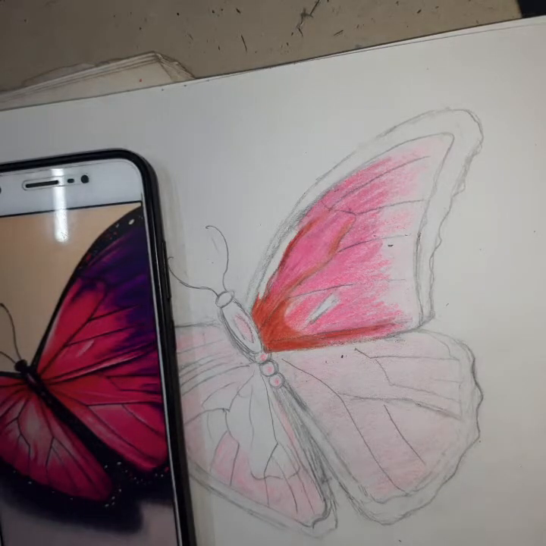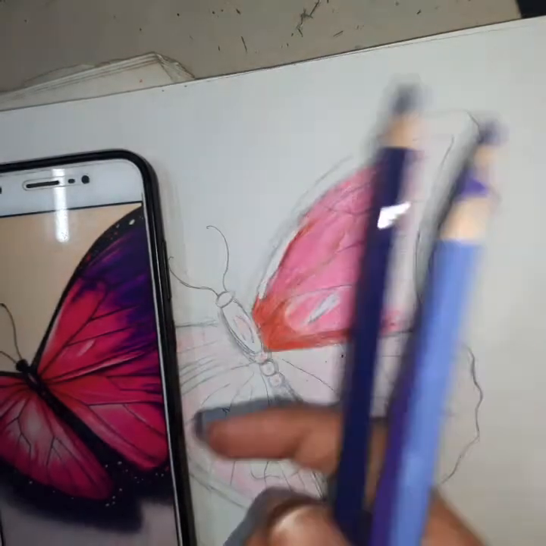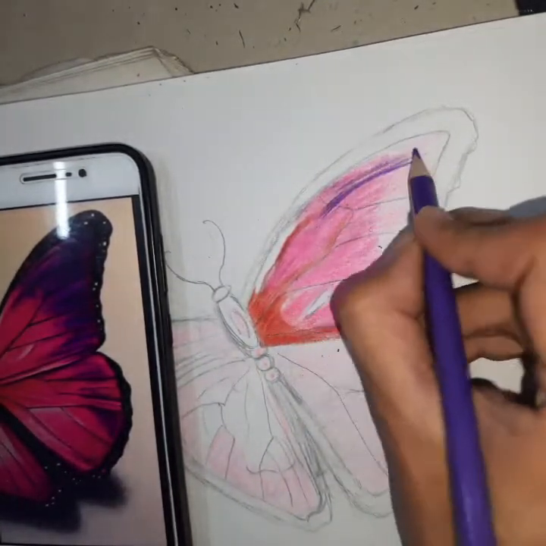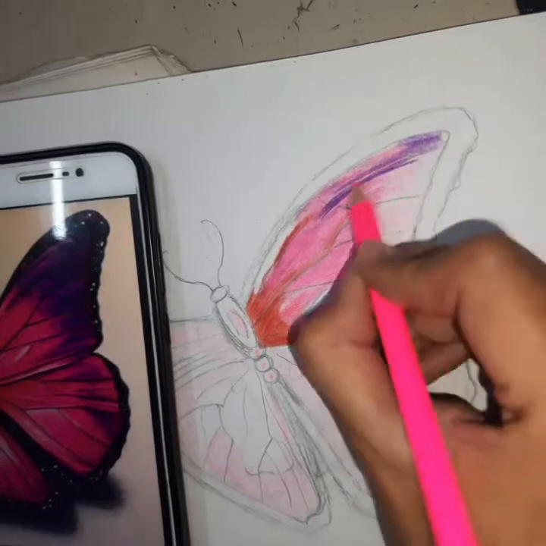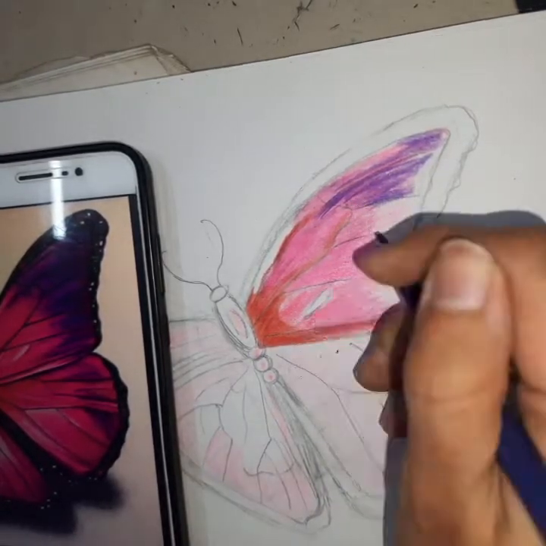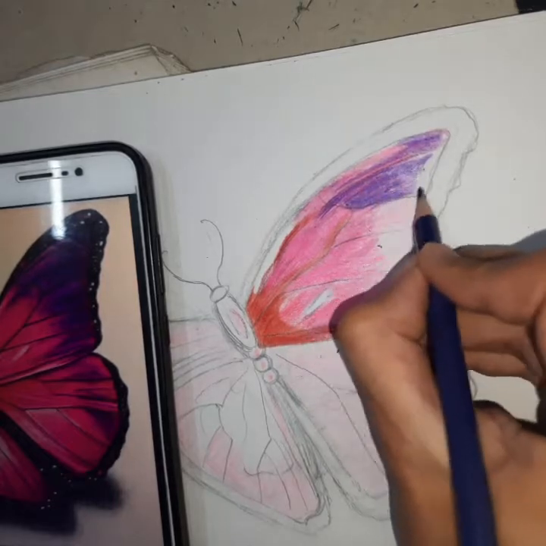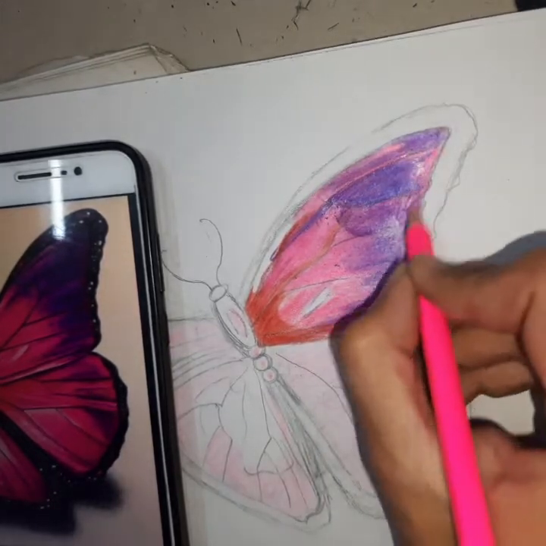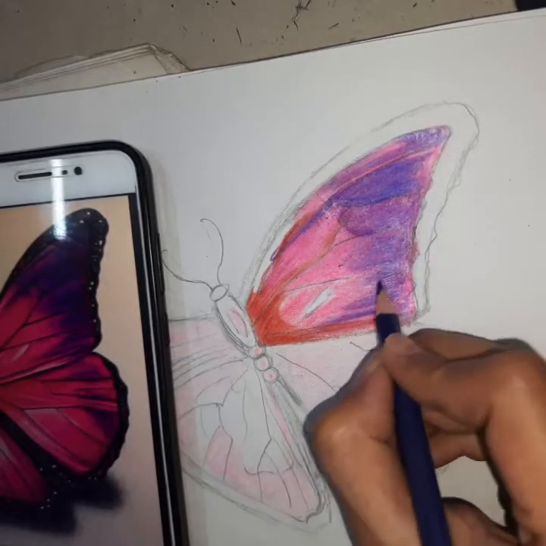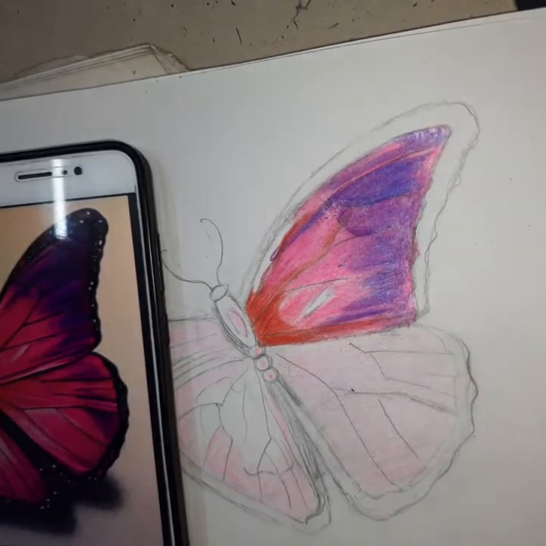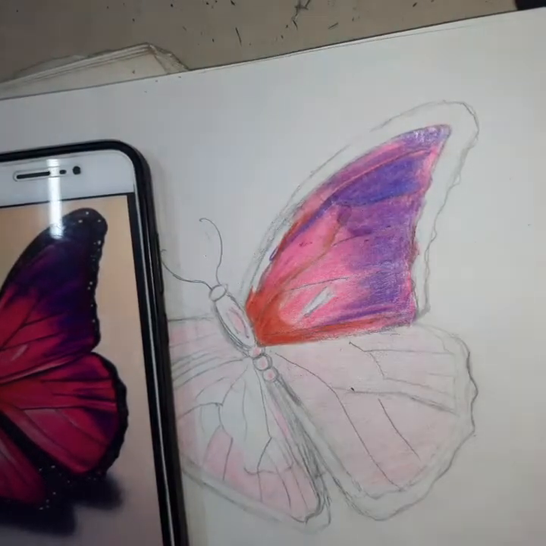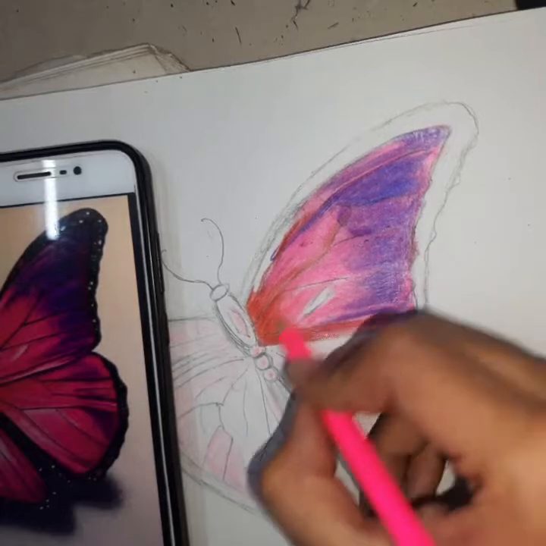And now at the top of the wing there is a purplish color. For that I will use the purplish undertones present with me in this Faber-Castell range. I will mix match all of them, and I'm also using pink in between to make it appear that pink is a base color. So you can see that I have used many purplish undertones to get that perfect purple color. Now I am blending it with the blending stump.